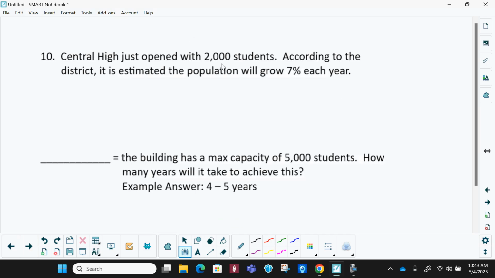Central High just opened up with 2,000 people. So we know A1 is 2,000 people. According to the district, estimated population growth is 7%. So this is geometric. Okay. The formula is AN equals A1 R to the N minus 1. Okay. So to calculate R,